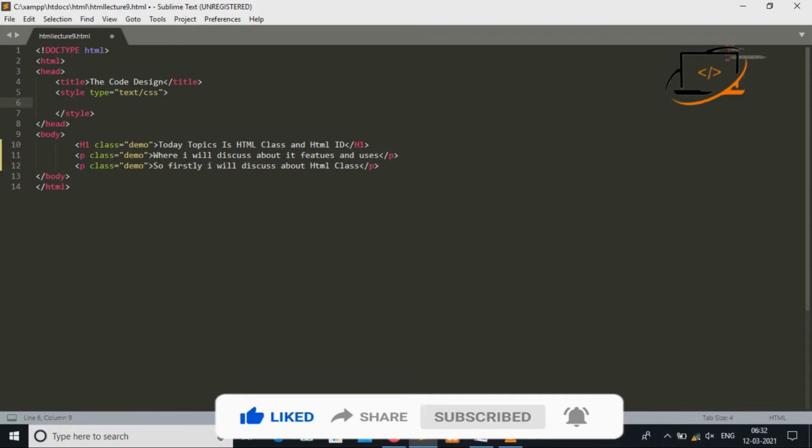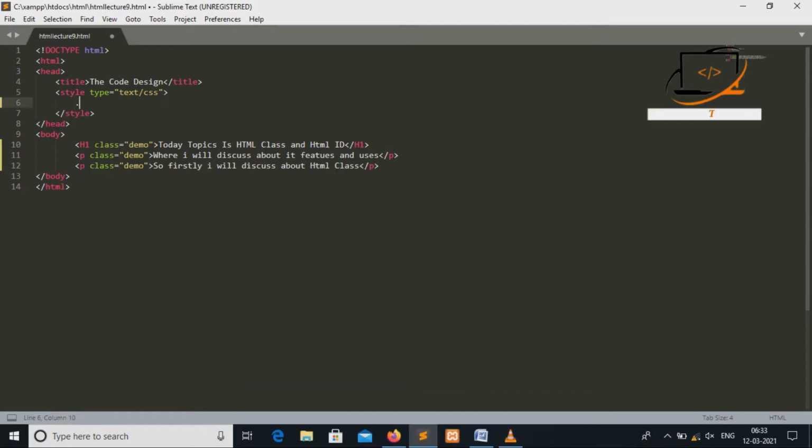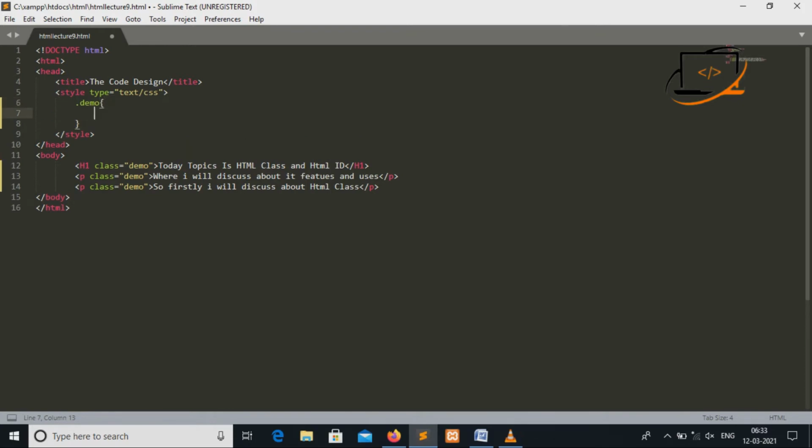Here we already defined a style sheet. I already explained that whenever we call the class name in a style sheet, we use a dot sign to assign the class name, here demo. Then we use curly braces, and here I type some CSS for the demo class.